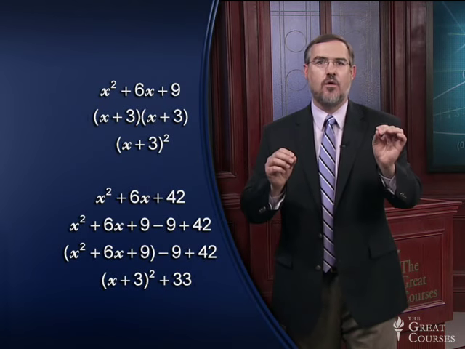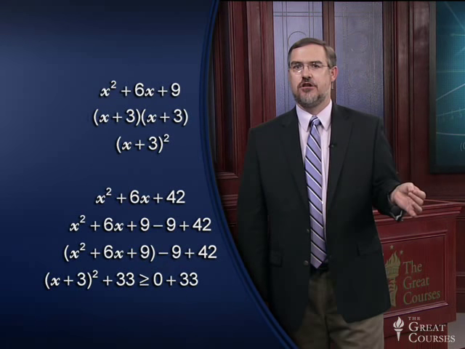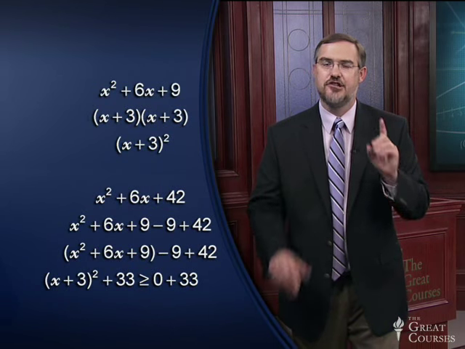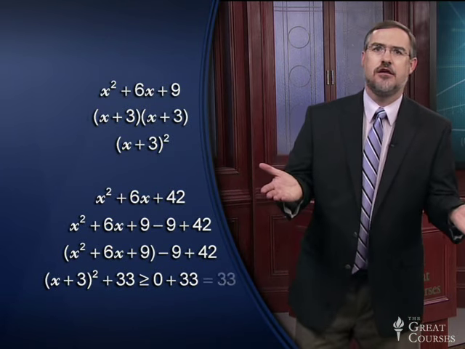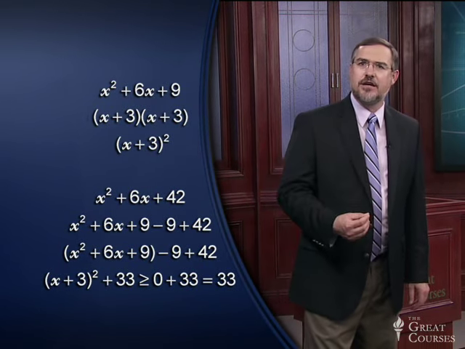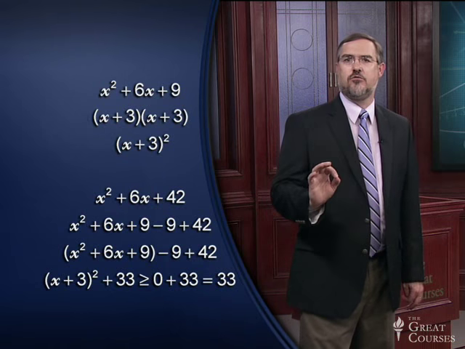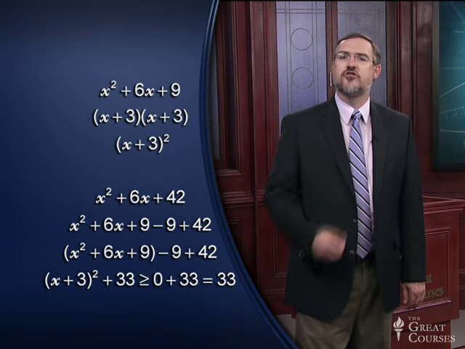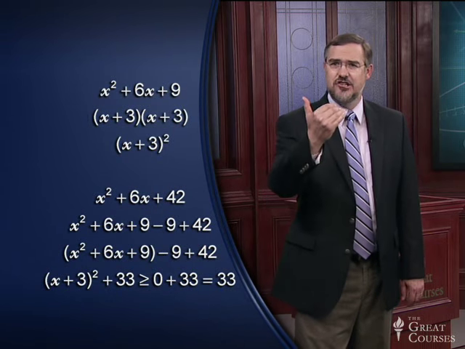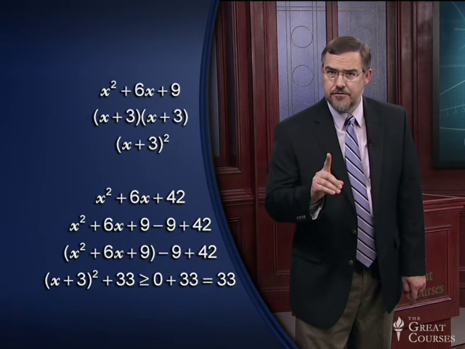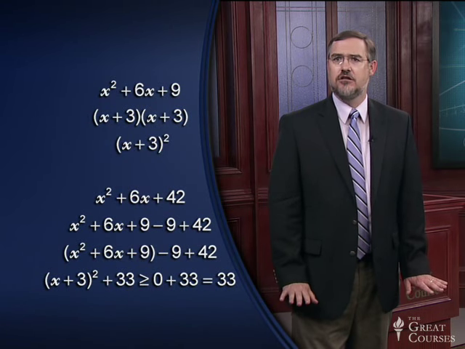(X plus 3) squared plus 33 is greater than or equal to 0 plus 33, because the (x plus 3) squared part is always greater than or equal to 0 when I plug in a real number. And 0 plus 33 is 33. So no matter what we allow x to be, we know that this function is always greater than or equal to 33. Therefore, the smallest value for y that we can have for our function is 33. And this is proof of the conjecture, the guess that we made earlier, that 33 is the smallest value the